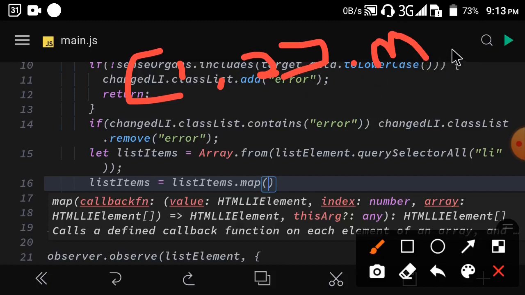The first parameter in the function is going to represent where we are inside of the array, because the map is going to loop through each item in this array. Now when it loops through it, let's say currently it's just starting and we are returning, let's say,